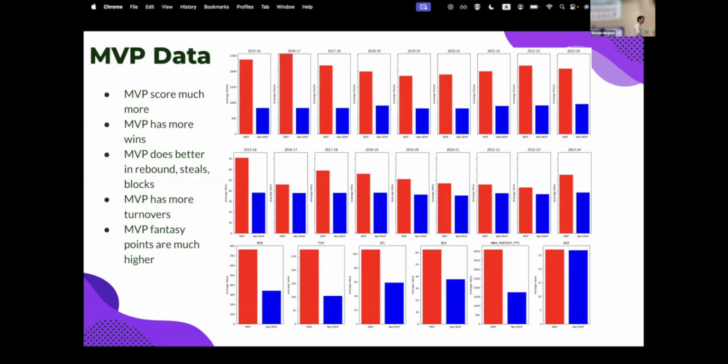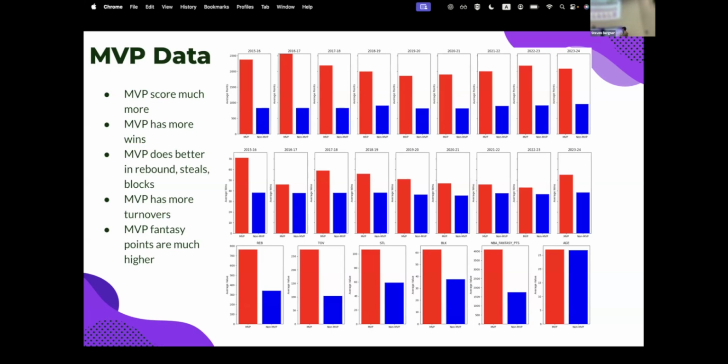For the data we use in the MVP prediction, here are the columns I made to compare what's common for MVPs and non-MVPs. If we take a closer look, MVPs tend to gain more points on average from 2015 all the way to 2023.